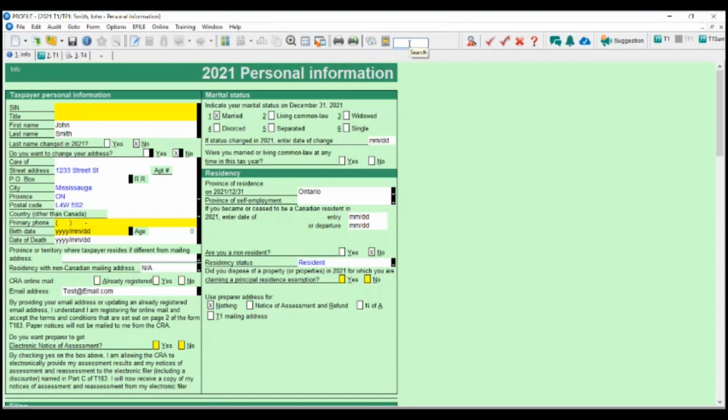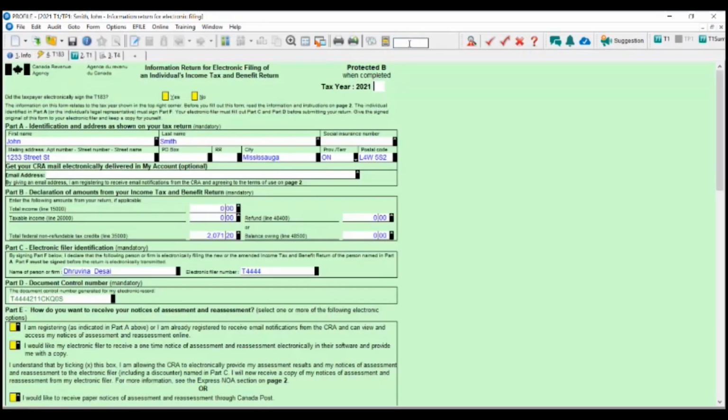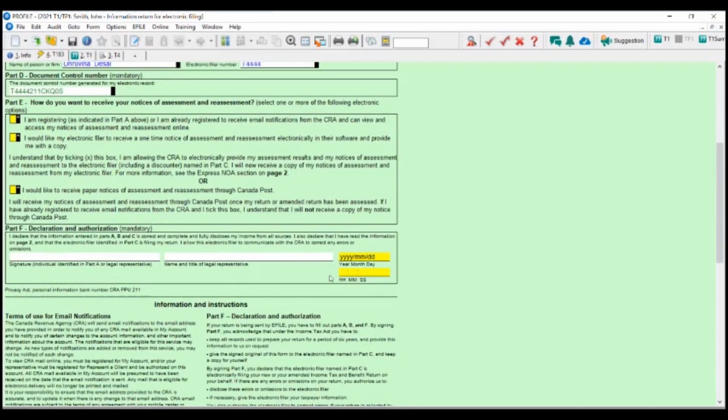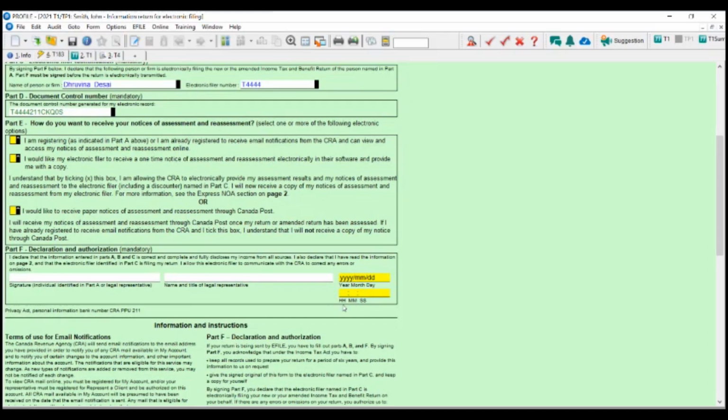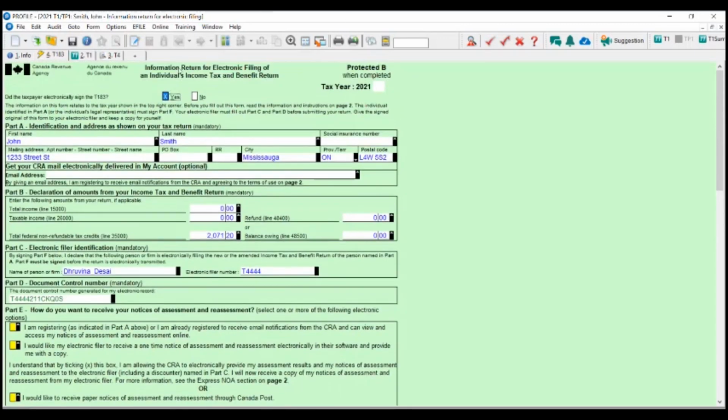And then the other thing you have to do is open the T183. So if it's a coupled return or a family of 4 or 5, you would have to open each family member's return, and then open the T183 for each family member. And then for each of them that are electronically signing it, you would select yes and make sure that the date and timestamp are showing like that. You've already set it up in your DocuSign or Adobe Sign, so you don't have to worry about anything else, but just open up that